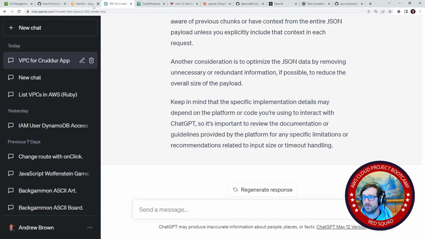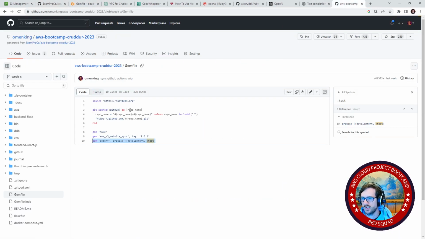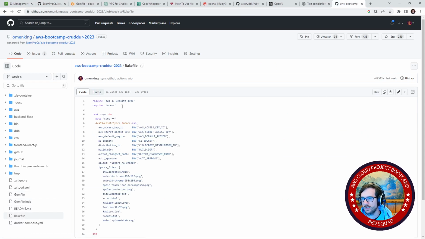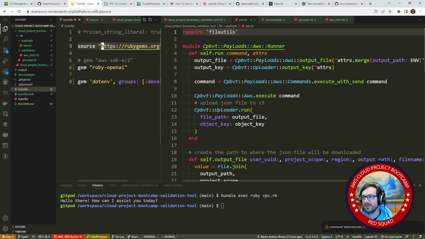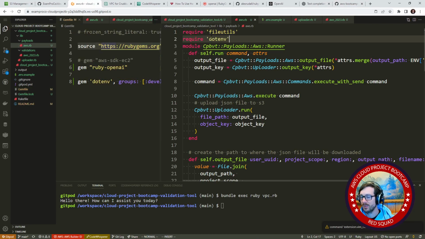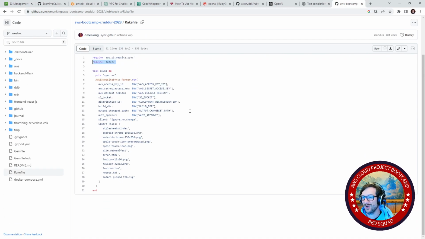And then we'll go back over to here. And so this is used by maybe our Rakefile. Yeah, we never finished this implementation. I know a bootcamper that is apparently trying to get it to work. And so if they do get it to work, I might circle back and make a video. You know who you are. Okay, so